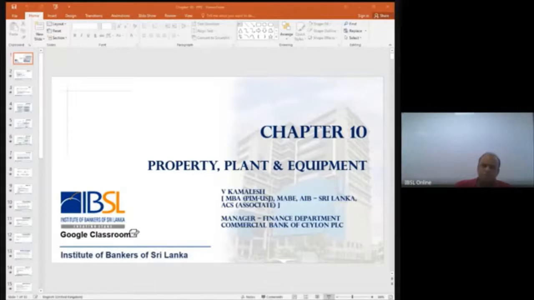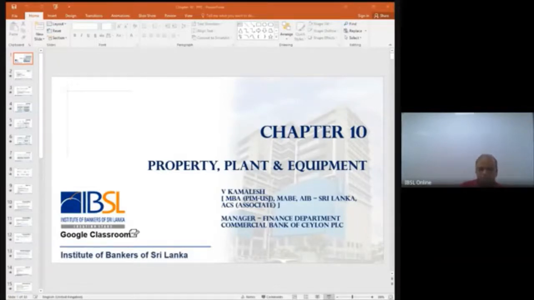Okay, so what do you mean by that? You will be given a depreciation rate, that is the percentage. So you take a percentage of your depreciable amount and you allocate that to the P&L over the lifetime of the asset. And you will allocate a certain sum to each accounting period. So we call it annual depreciation. Every financial year, we will review and allocate a certain amount of depreciation for the fixed asset.